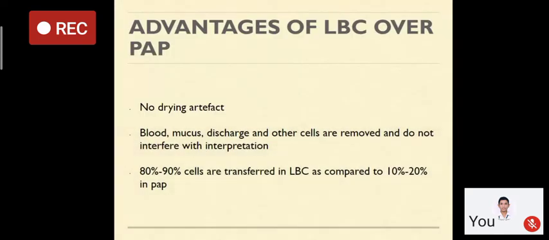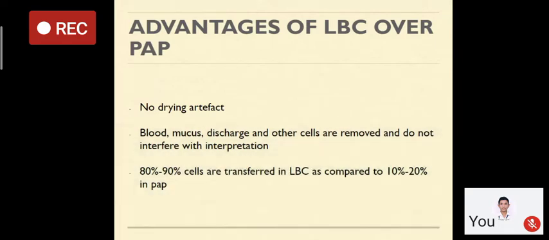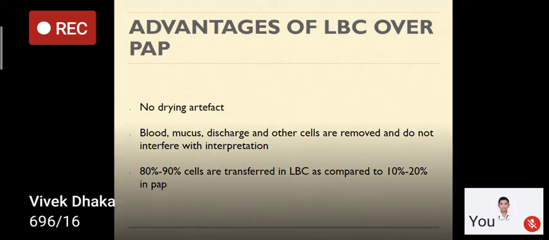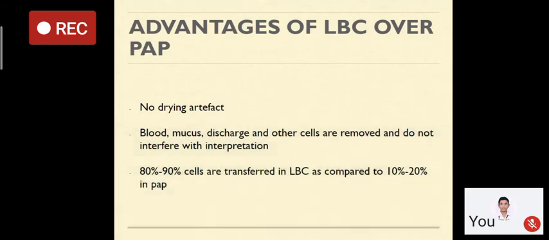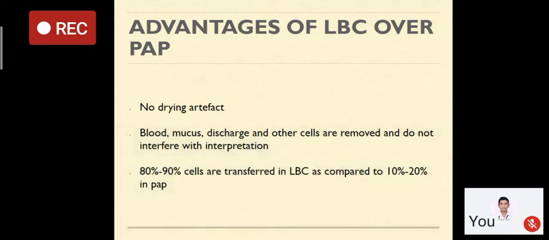What are the advantages, why have we replaced the pap smear with LBC? Both are cytology. Both are based on inspection of the cervical cells by making a smear. So why have we changed from pap smear to LBC? There is no drying artifact. Sometimes there is delay in fixing the slide in case of pap smear. In LBC no time is wasted in making a smear, whereas earlier we were making two smears on the same slide, so there would be some drying artifact in the pap smear. Here it is not there.